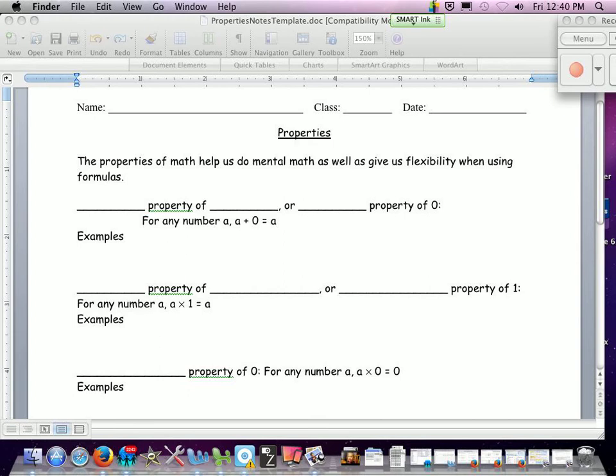But it also gives us flexibility when using formulas. So remember the area formula of a triangle? You might have initially learned it as base times height divided by 2. Now we're going to use the formula half times base times height, because that height might be an even number, and I can split that in half easily. So it's going to give us some flexibility with that. And now the thing we're going to add to it,